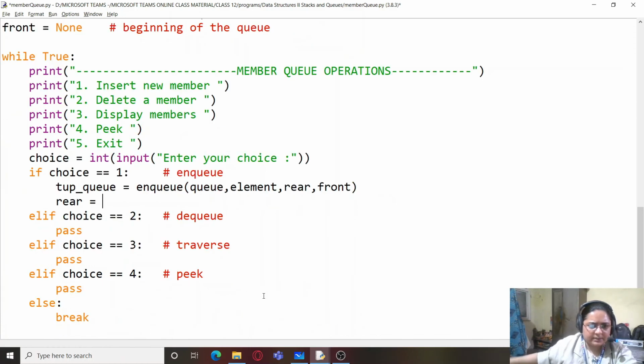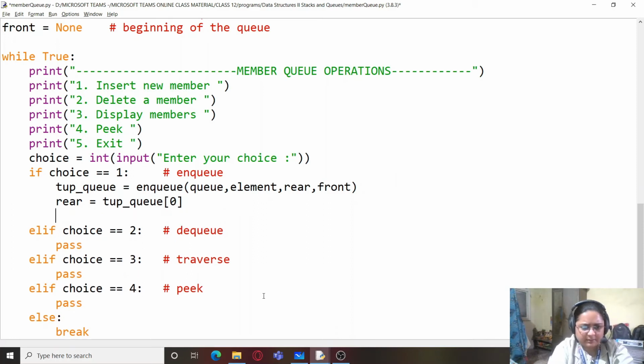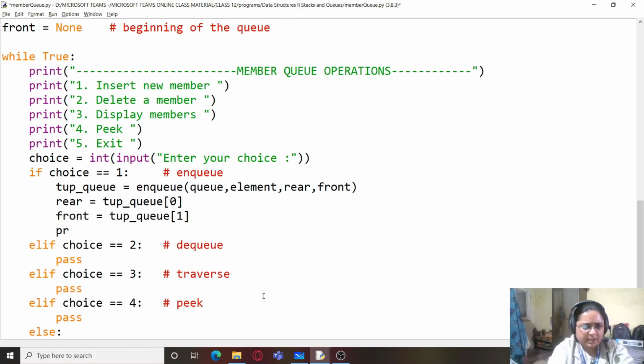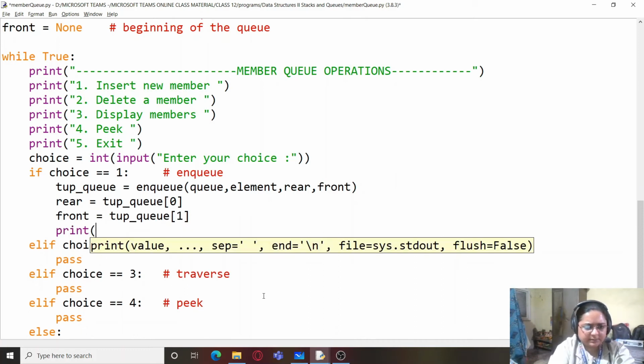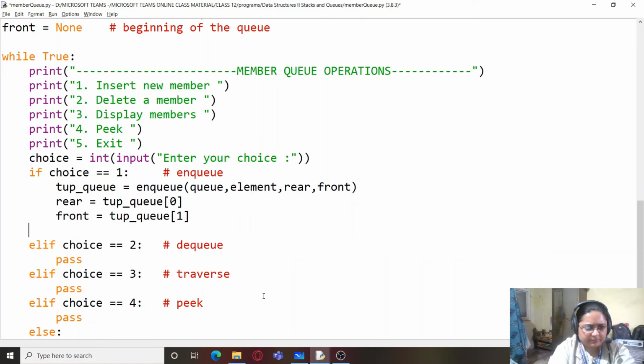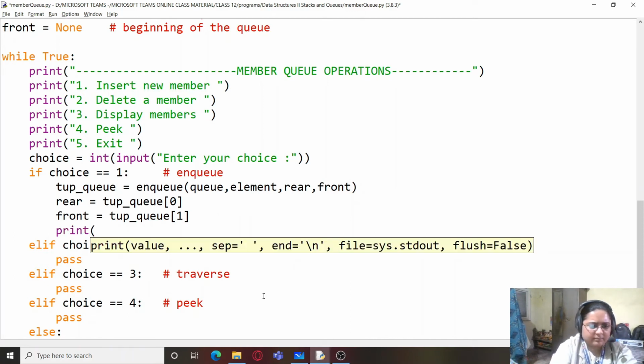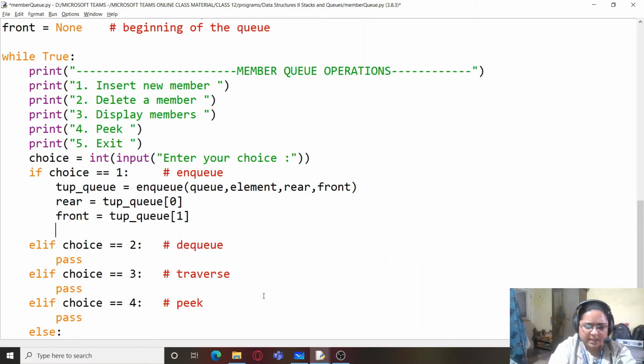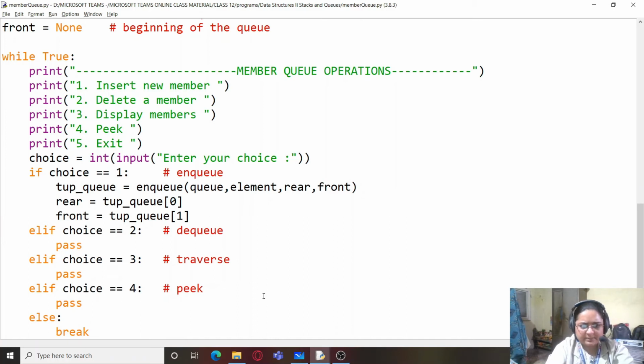Yes, it is rear. So I'll be writing here tup_q 0, which is my rear, and front equals tup_q 1. And I will print here, or because I already have a peek function, I'll be making use of that. So simple. And then next is DQ operation.